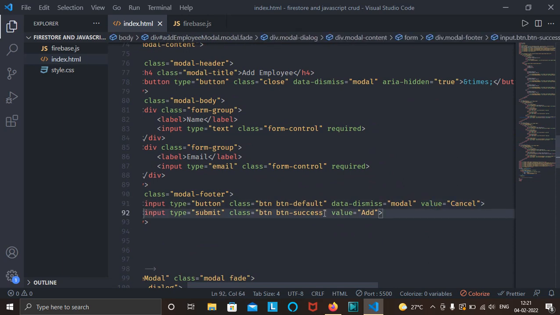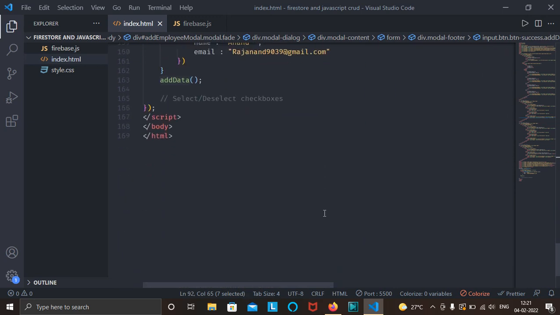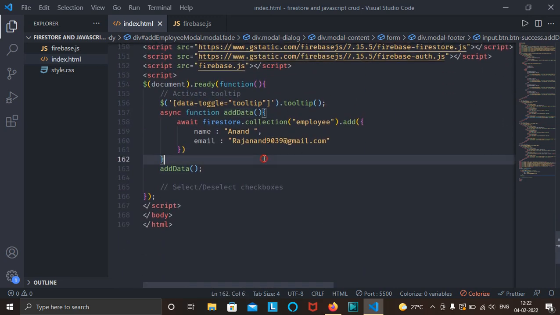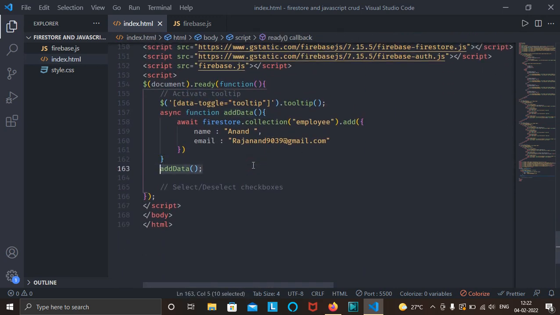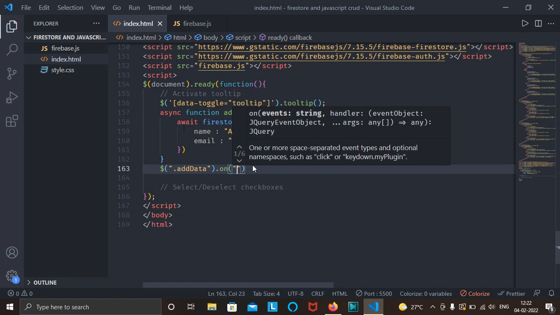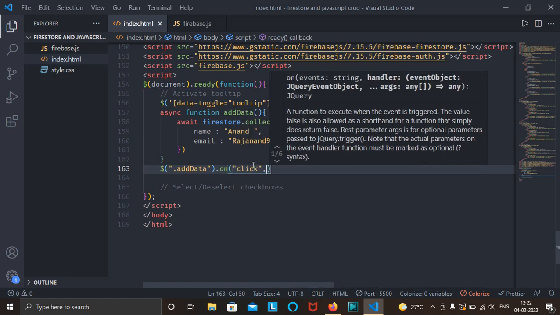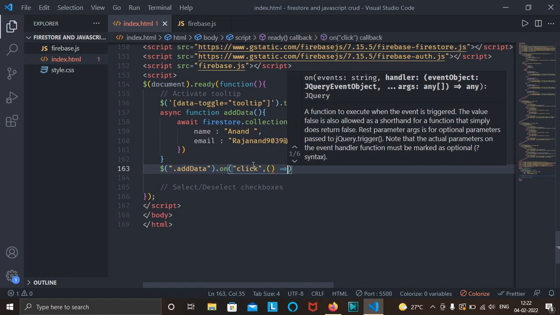Now here add a class of add data, and first of all let's make a selector of this class. Remove this from here. Add data on click function,